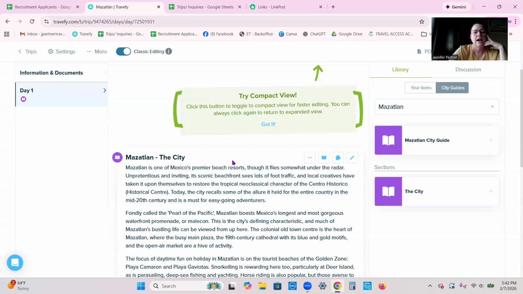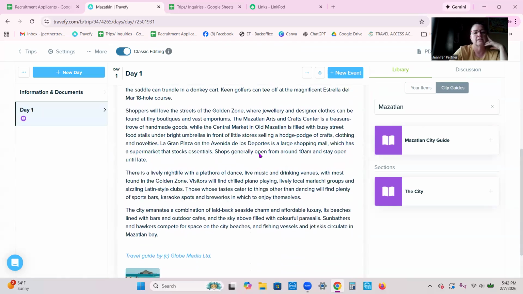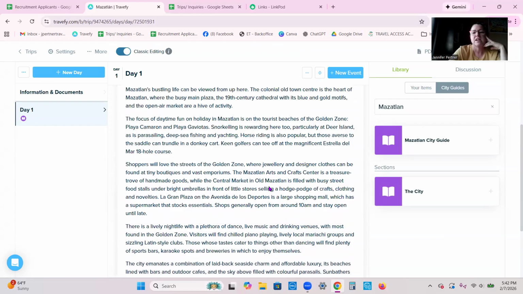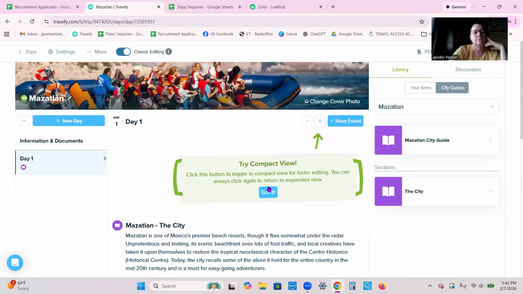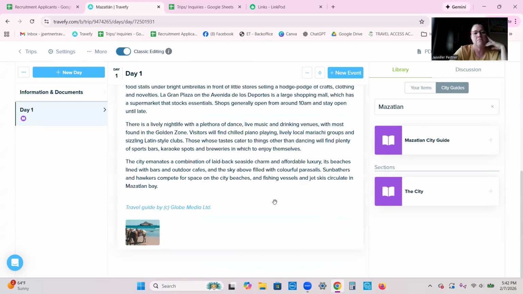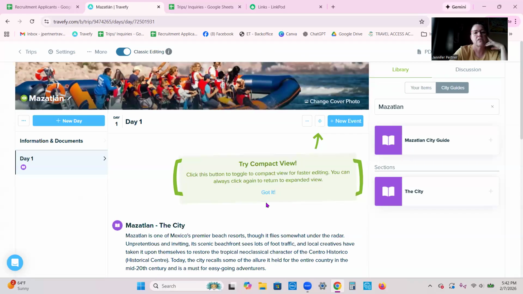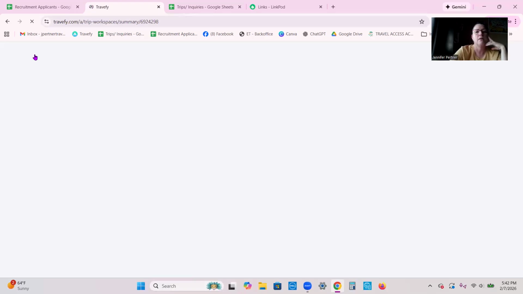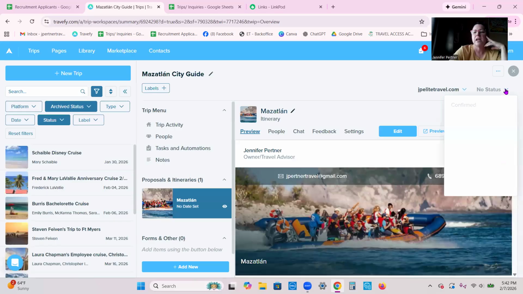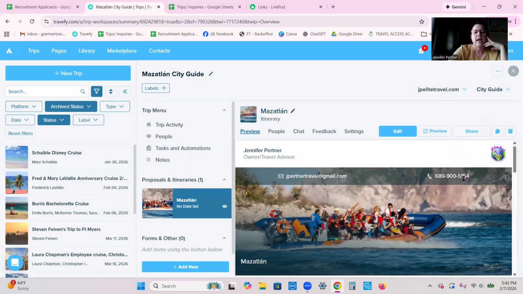right here. Now, this one doesn't have quite as much as the other one, but that's okay. You still have a little bit of information to give them about the city. All right. And then I'm going to go back here and I'm going to set it as a city guide. And again, I would put the people to send it to, right? My customer. All right. And then their third port is,